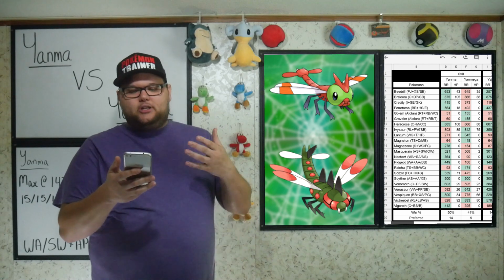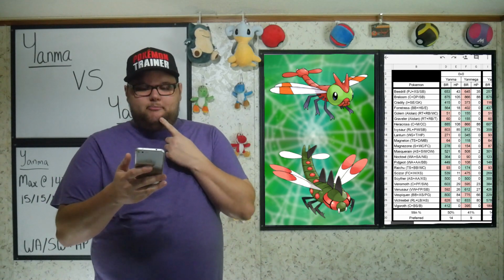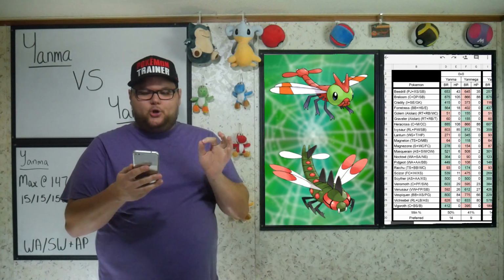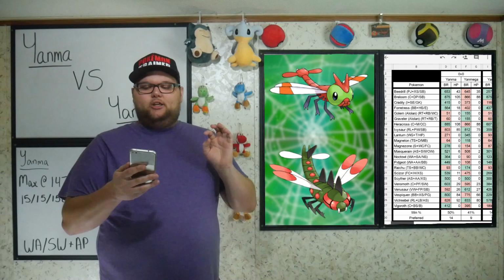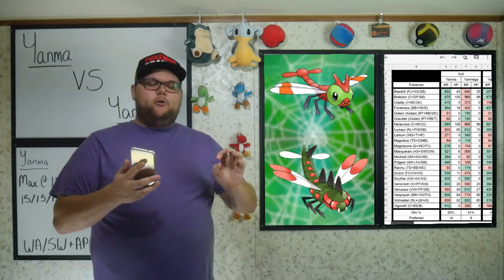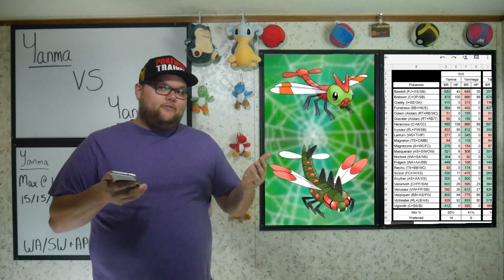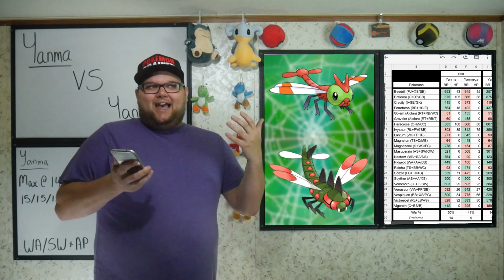And you can see that we do have a couple of interesting colors here. So let's take a look at Beedrill first off, and you can see that both Pokemon end up winning. But Yanma is going to be green, whereas Yanmega is going to be red. So even though both Pokemon have a battle rating higher than 500,